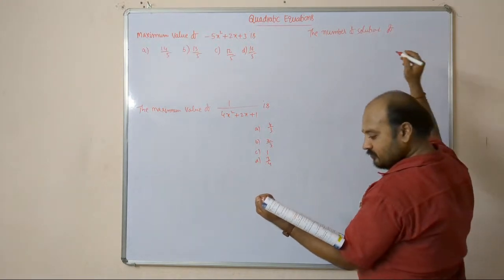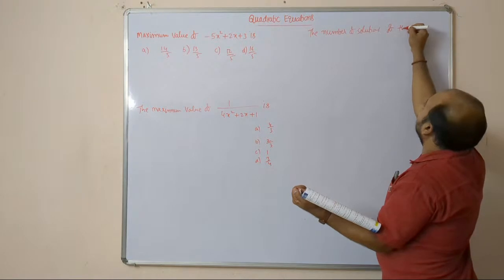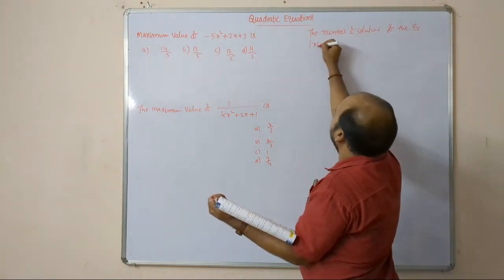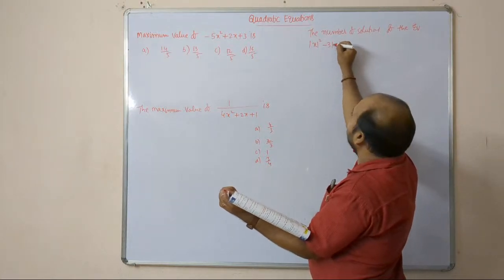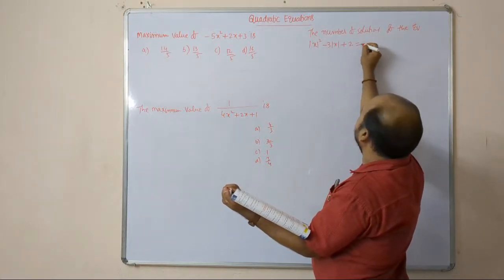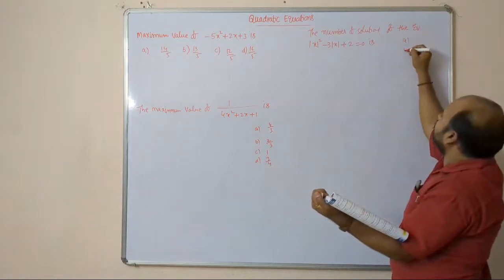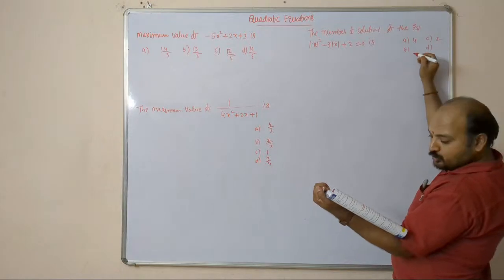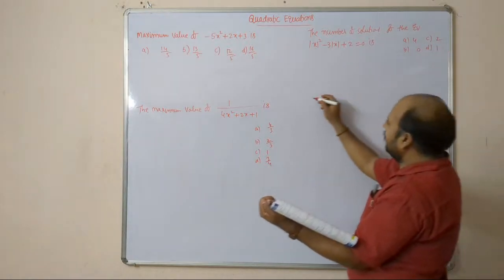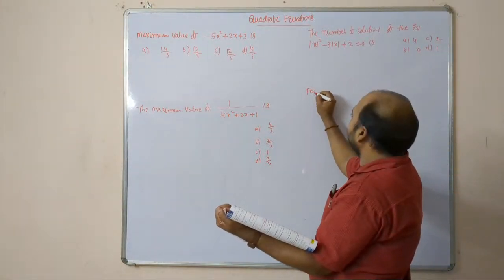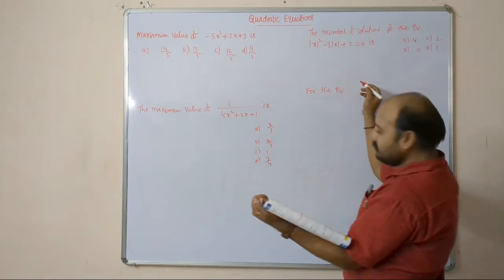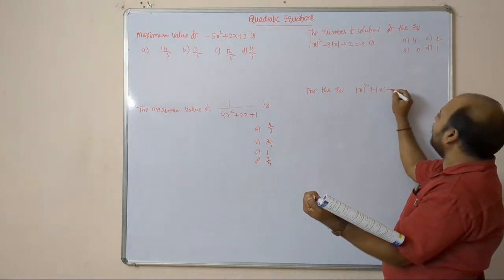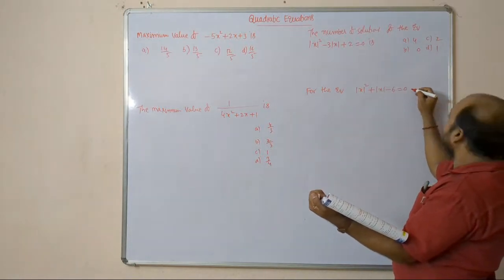Next, the number of solutions of the equation mod x square minus 3 into mod x plus 2 equal to 0 is, options: 4, 2, 0 and 1. And come to another question. For the equation mod x square plus mod x minus 6 equal to 0, the roots are